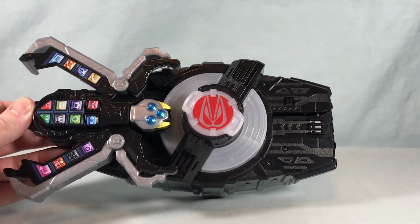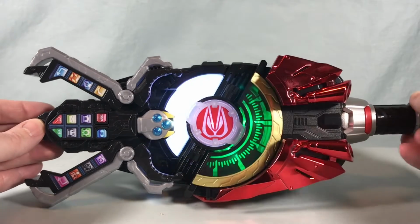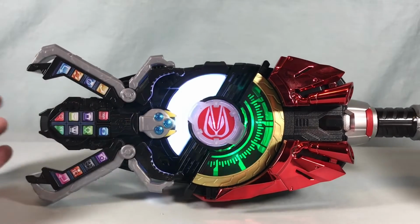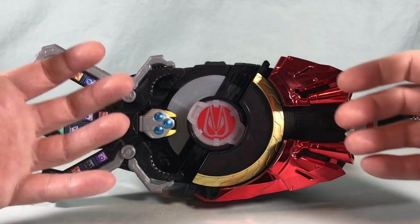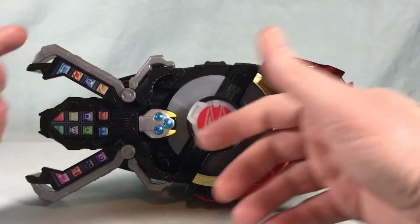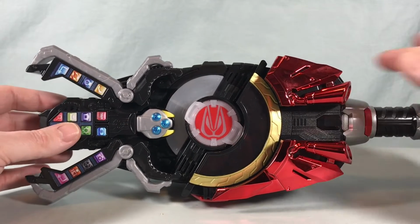If we team it with Boost, so you'll notice it doesn't really activate. So it's kind of weird. When you attach a second one, it doesn't say dual on or anything like it usually does. And using the one you attach does not stop this from kind of doing the pulsating, like standby sound. You have to hit the button on this to just get the mission start. And that's really it. Now if I use Boost again,